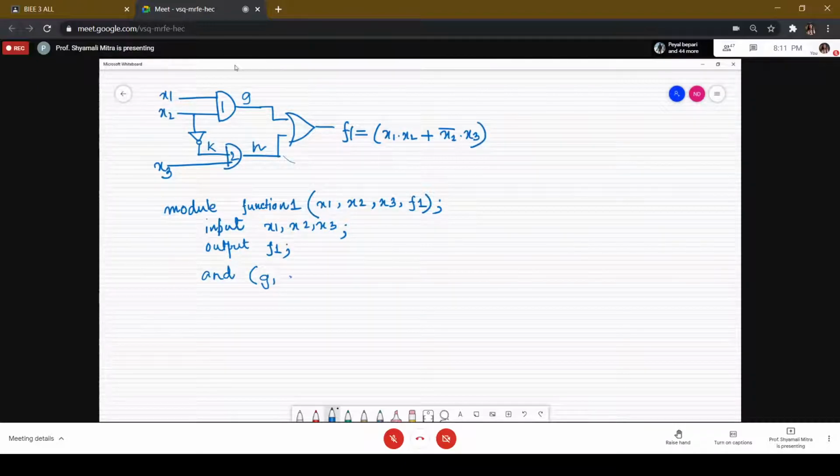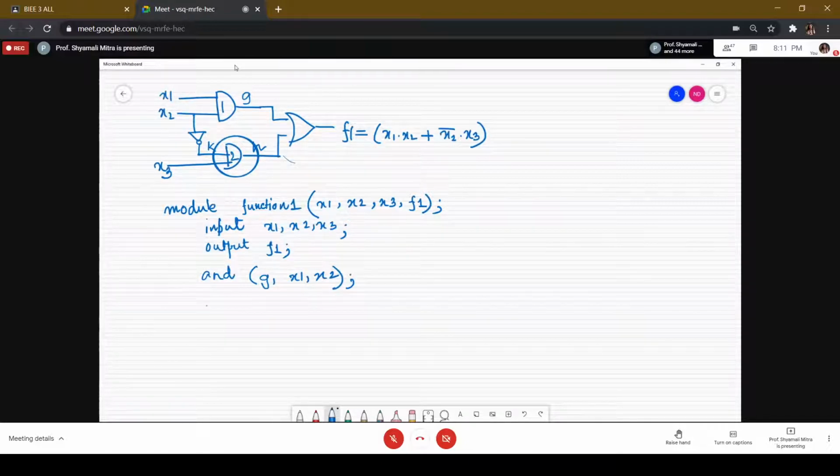And the inputs are X1, X2. Next is the AND gate 2, which is having its inputs from an inverter. So we need to store that somewhere else.